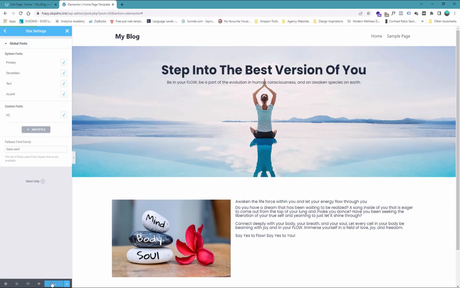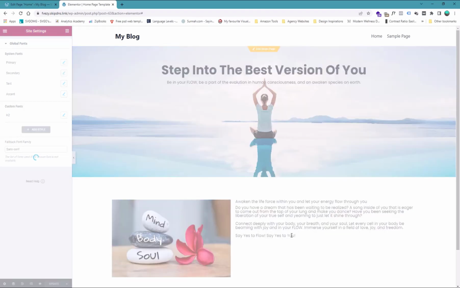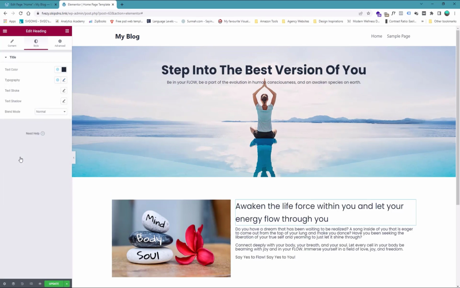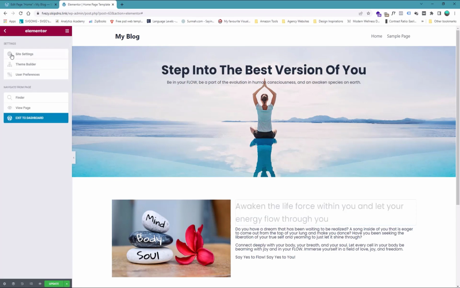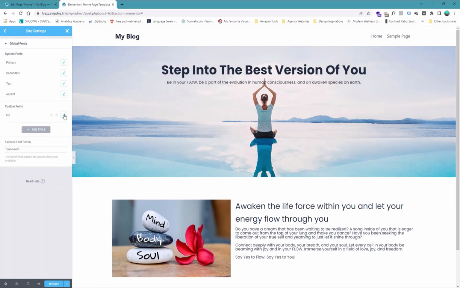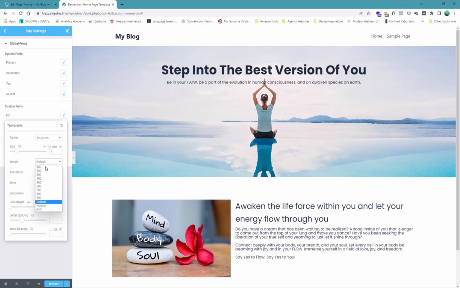Click on update, and in typography make it H2, go back to site settings again, go back to global fonts, edit the H2 one, make it font weight bold,